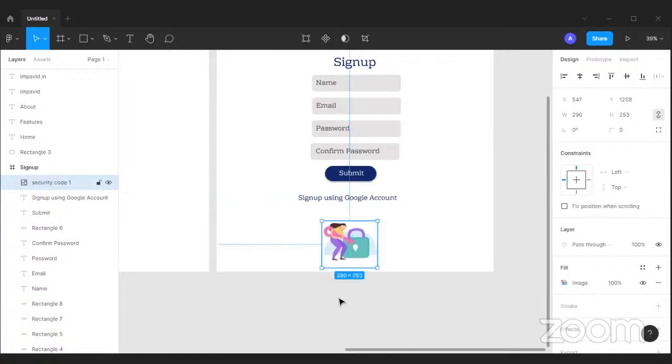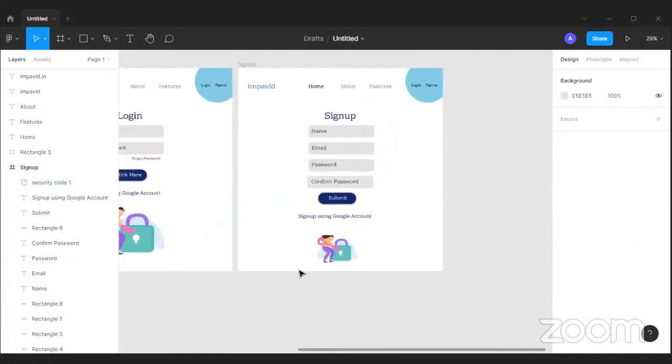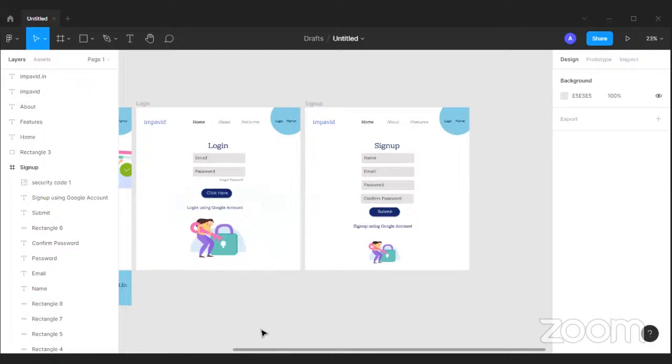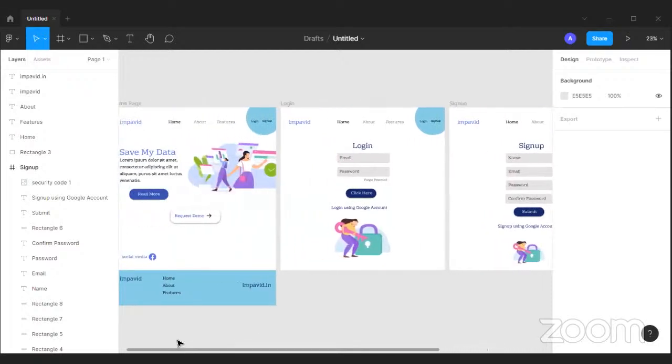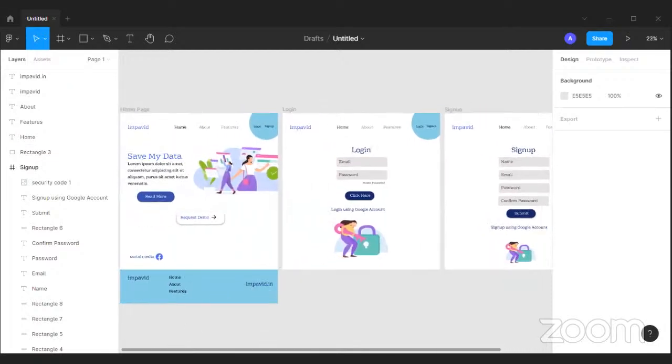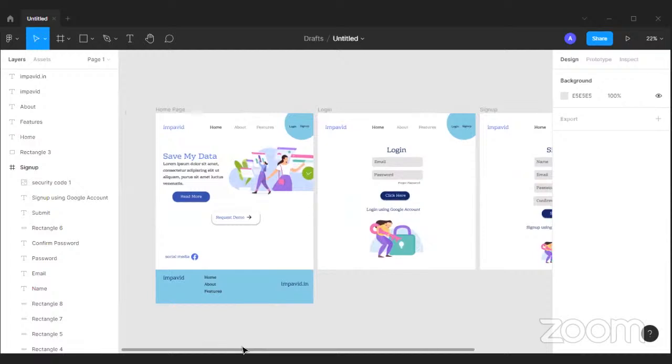So like this, you can create n number of pages. See, I have just created 3 different pages here so that it gives you an idea how a web page is designed, before it is being developed, how you can design it. It gives a beautiful provision